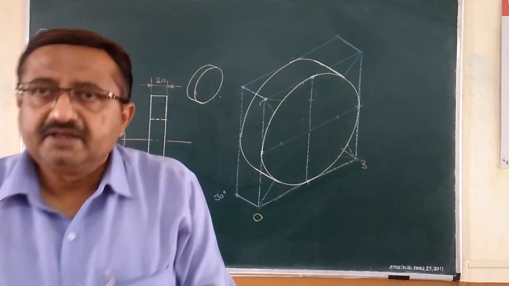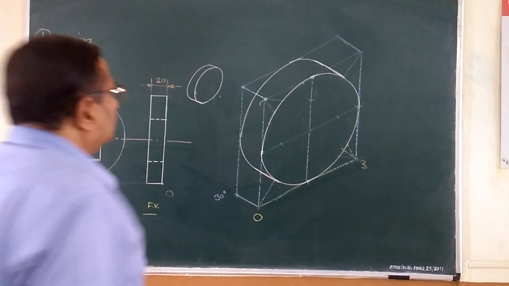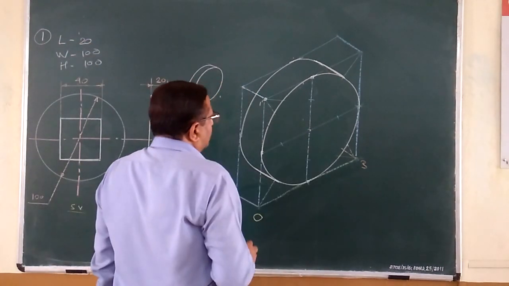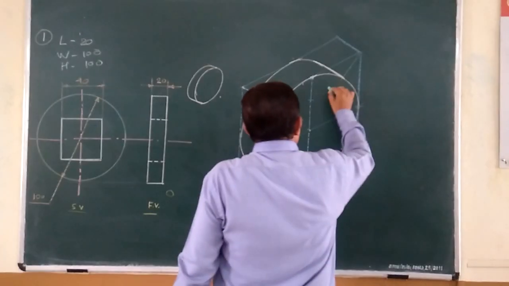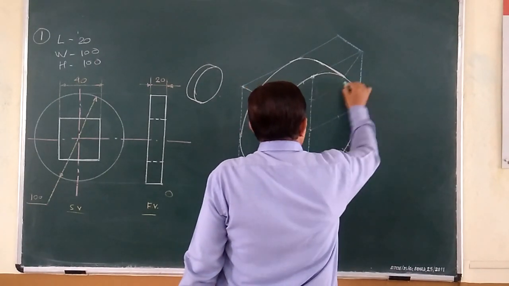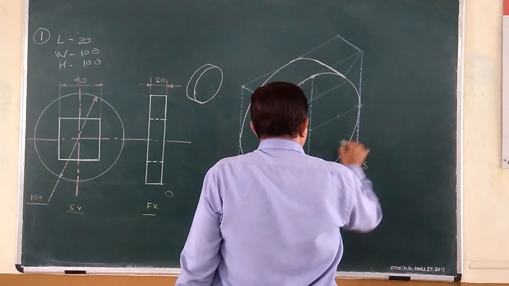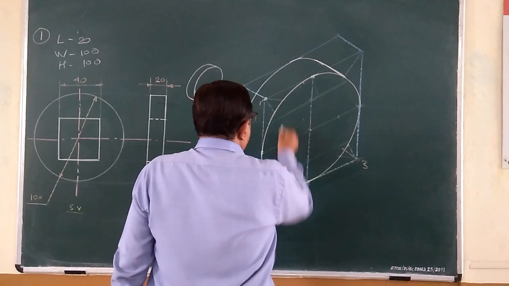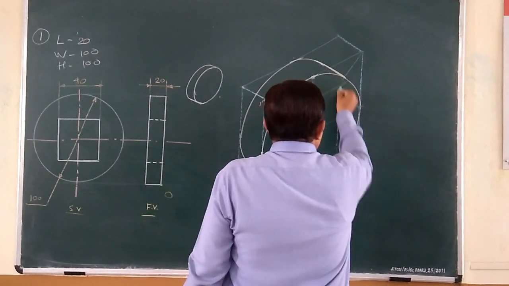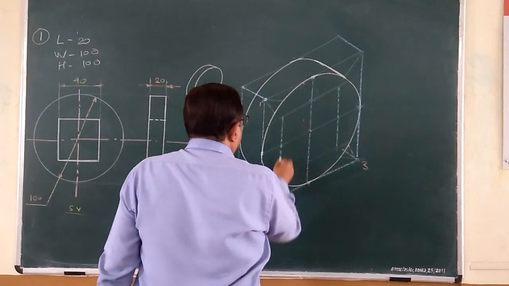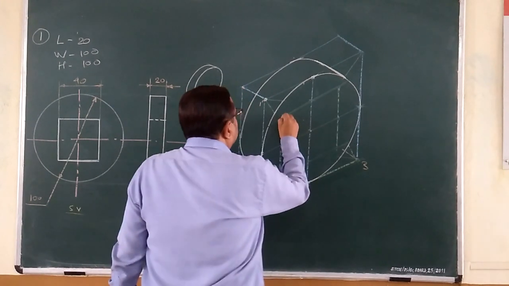Either by compass or by scale, you can simply mark that distance on either side of the center of this ellipse. Okay, now what do you have to do? By roll and draw, you have to finish the rhombus parallel to right 30 in this way, parallel to right 30 in this way, parallel to vertical in this way, parallel to vertical in this way. Yes. Okay. Now just finish this.